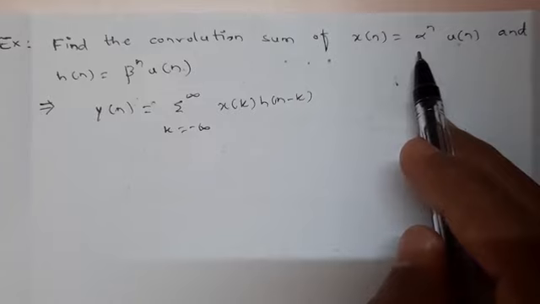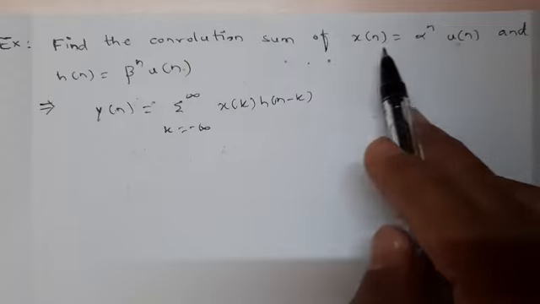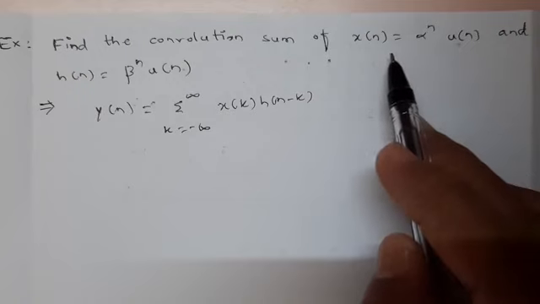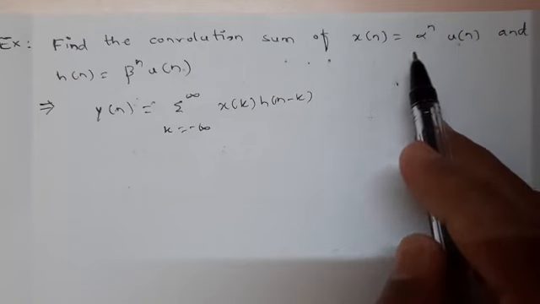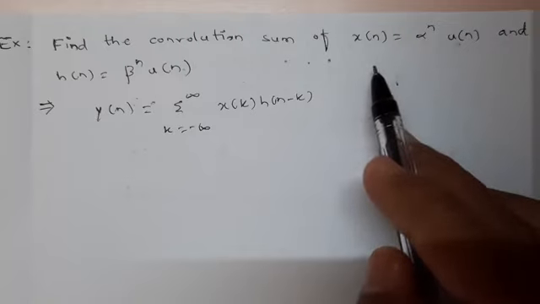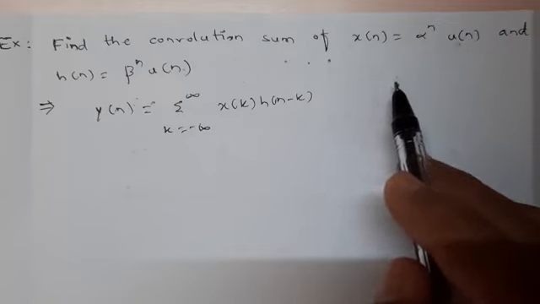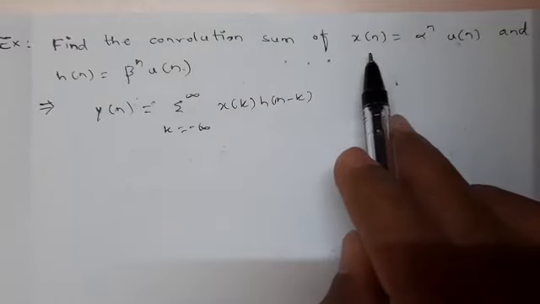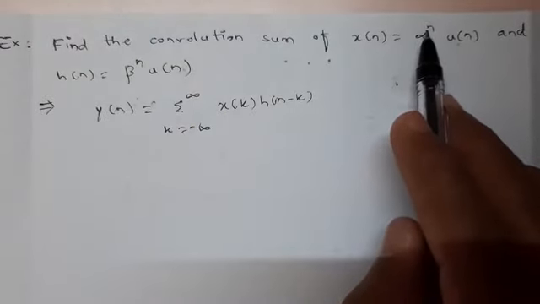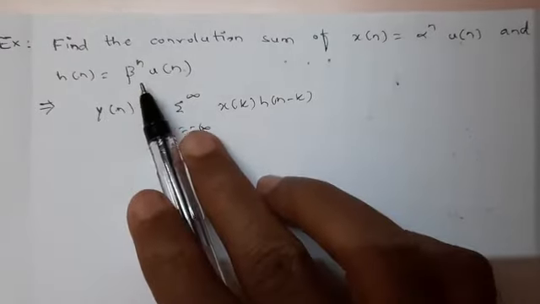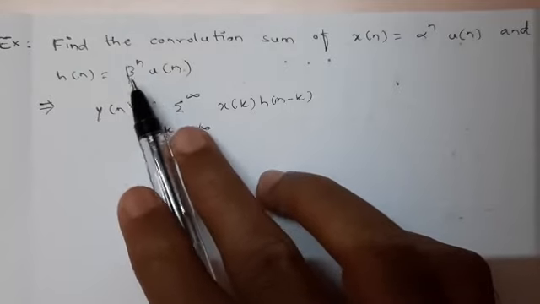Similarly, alpha less than 1, which is half, then x of n equal to half to the power n. N equal to 0, half to the power 0, 1. When n equal to 1, it is half. N equal to 2, half square, that is 1 by 4. Half cube, 1 by 8. Means the value goes on decreasing, which we call a decaying exponential. So just remember that the signals x of n and h of n with alpha to the power n or beta to the power n or anything to the power n makes the signal an exponential signal.